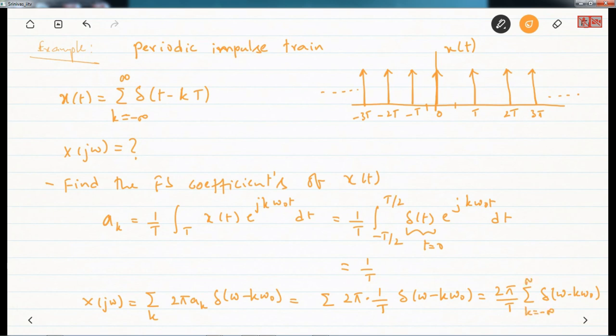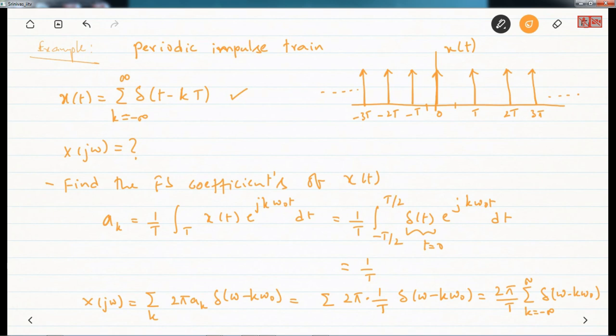Let's see what is the difference between these two. The original signal is summation k from minus infinity to plus infinity delta of t minus kt. This is the original signal, periodic impulses in the time domain. Its Fourier transform is periodic impulses in the frequency domain, because